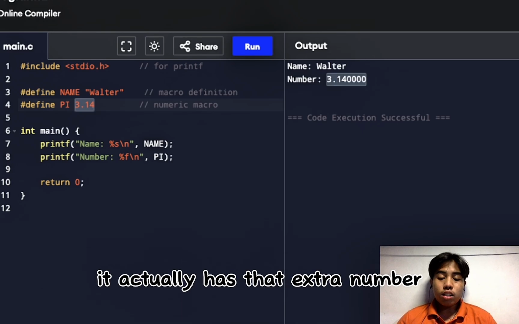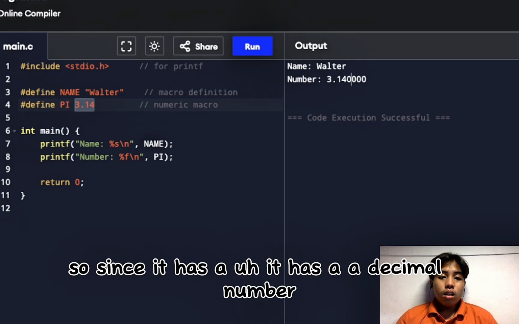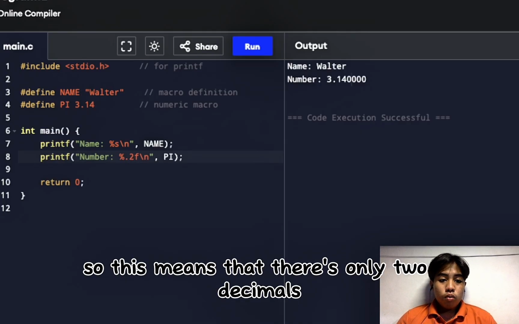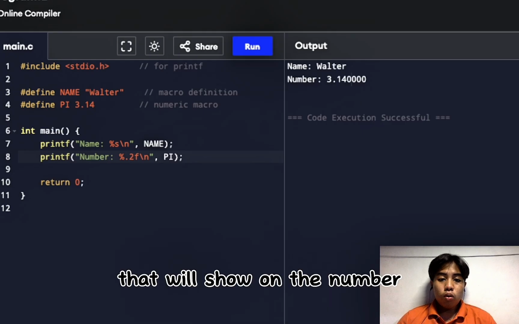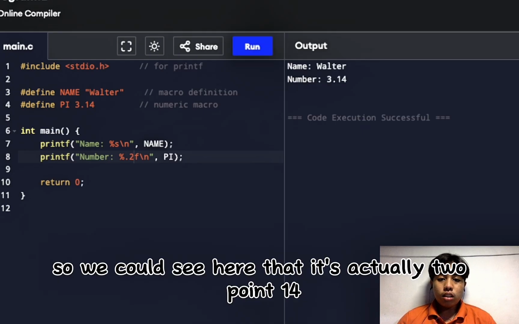It actually has extra digits. So since it has a decimal number, what we actually need to do here is %.2f. So this means that only two decimals will show on the number. So we can see here that it's actually 3.14.